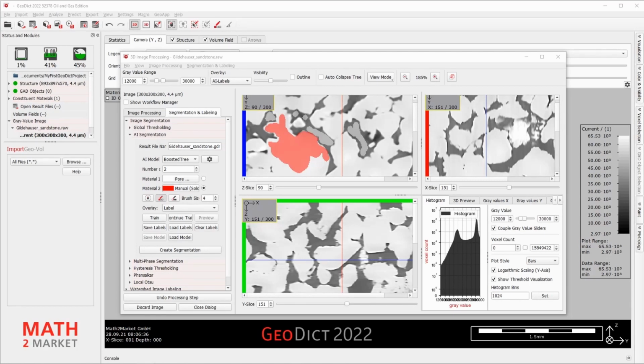Please make sure that you've selected regions where you think that the algorithm might struggle with the segmentation. So in our case, this would be narrow pore throats.